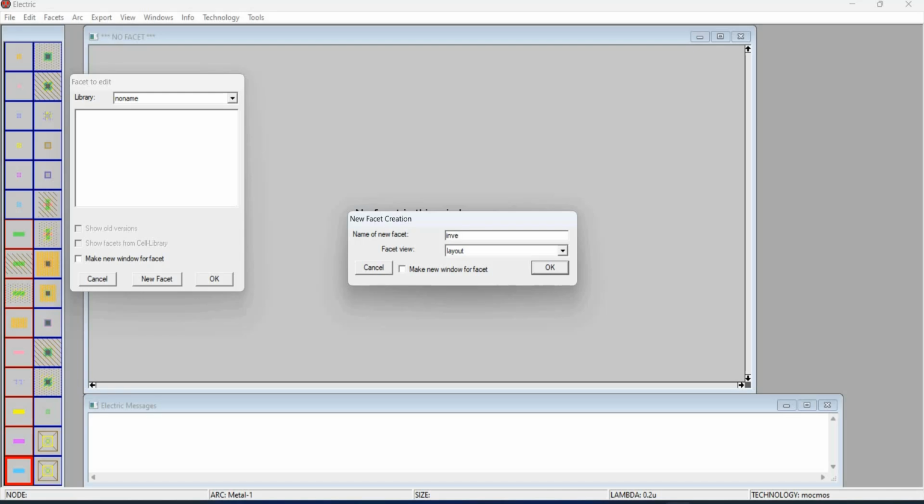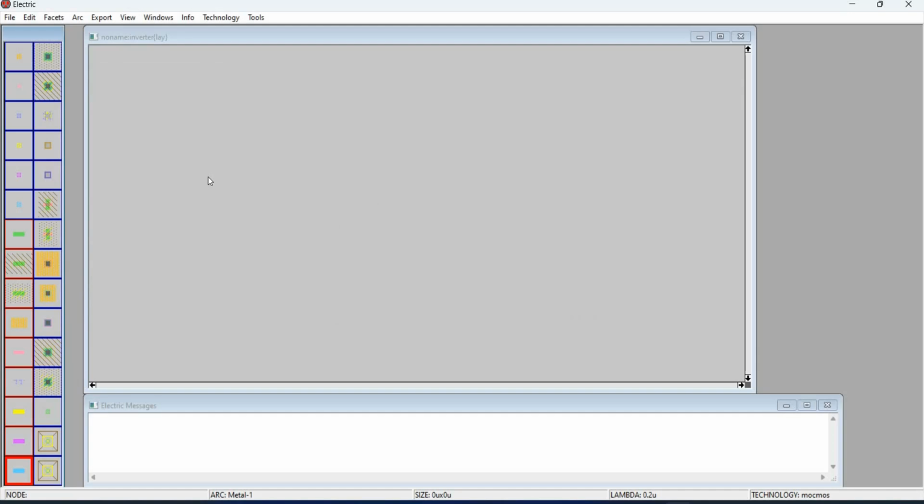We're going to create an inverter, create an inverter using the layout function of your Electric. So before you proceed, be sure to